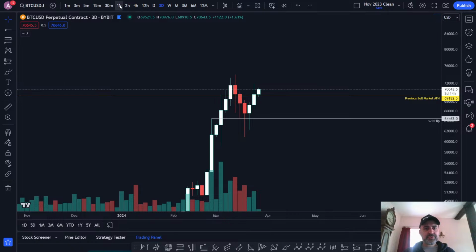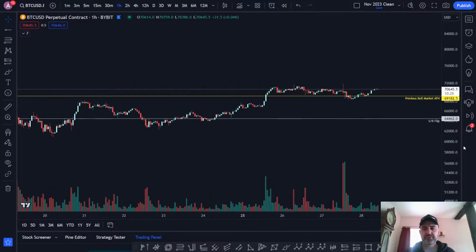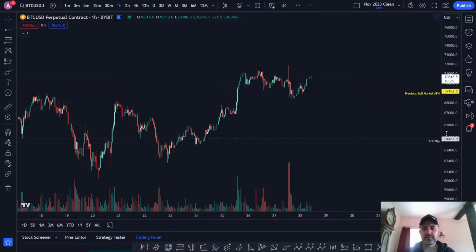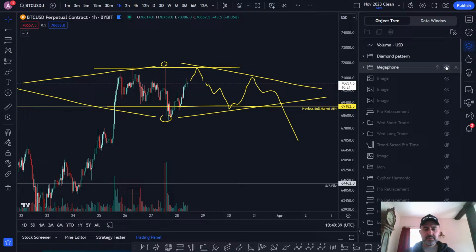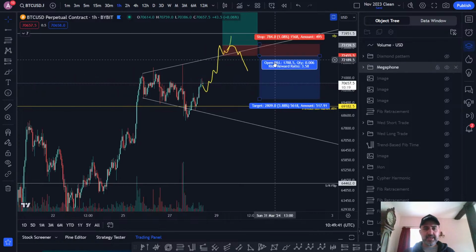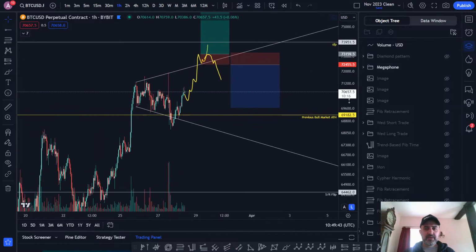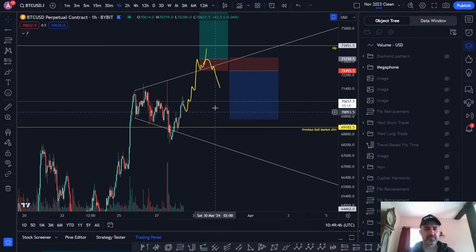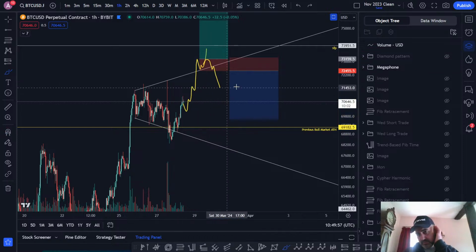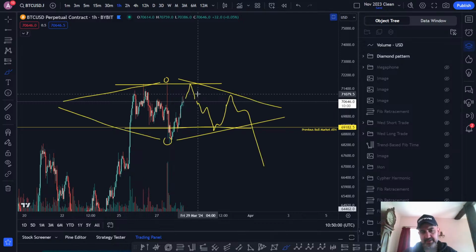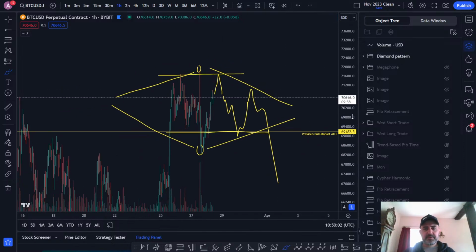If Bitcoin was to now be trapped for a while here, whichever pattern is in play, probably a megaphone would be nice, but you wouldn't necessarily break out there. You'd probably just go up there and then down there. I don't know. I think you probably do need to break out. The diamond is going to look bearish as well. That's the problem.